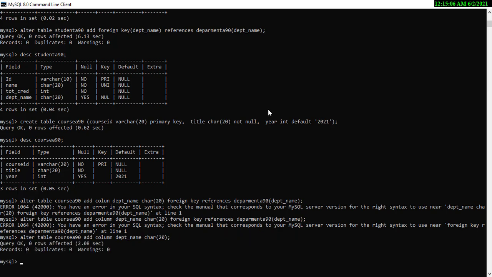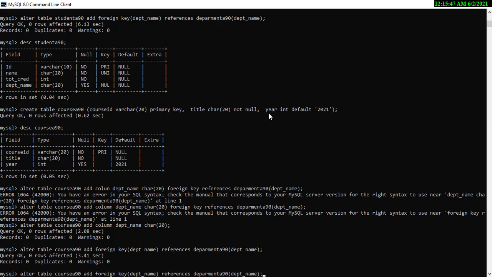So alter table name, add foreign key dept name, references department A90 dept name, semicolon. So it has been linked with the other table.